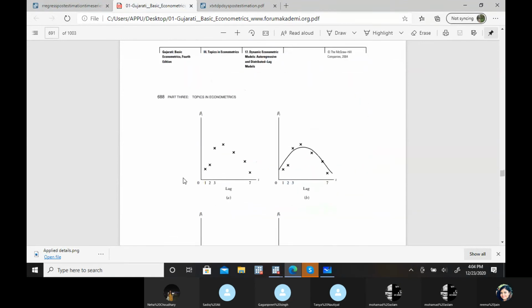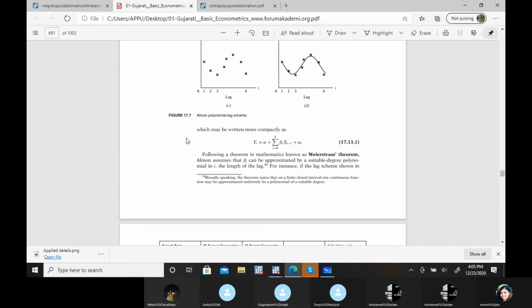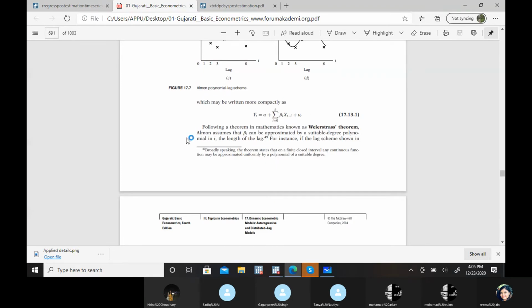In this particular case, because Almon does not agree that it's only a geometric decline approach, it may take any notion of the impact of lag. So in Almon's methodology, we have to take into consideration all these different types of impacts of lag.